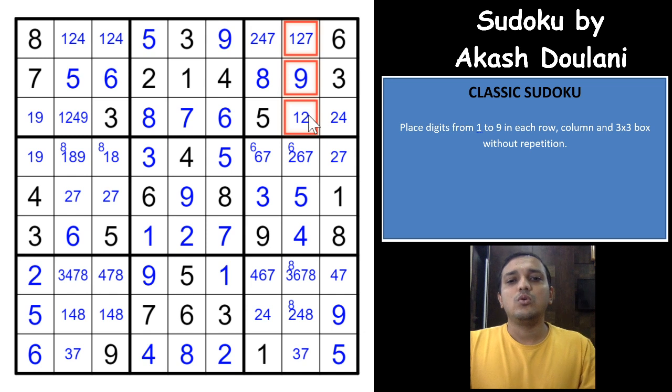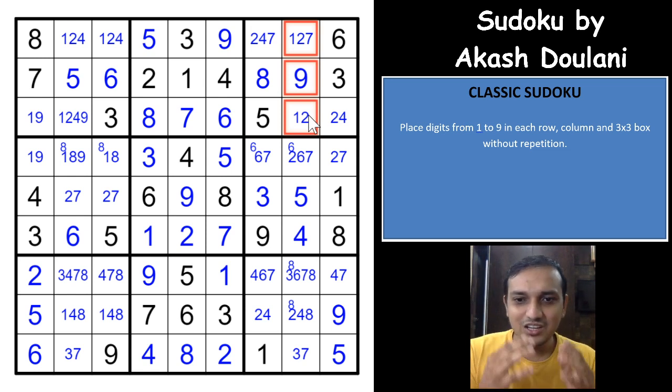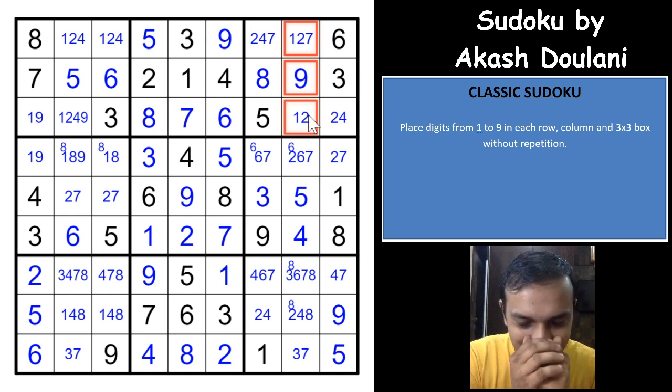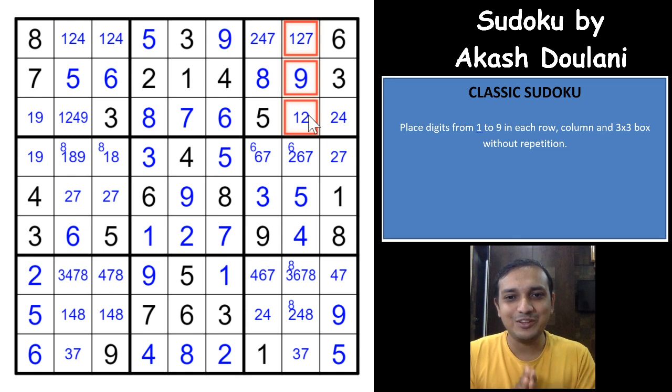Oh, that's actually a WXYZ wing, but I actually love this idea as an extension of Y wing. Wow, this is called an extension of Y wing, XY wing, or a WXYZ wing. So how this works is excellent, excellent. I am loving it. I am loving this Sudoku, guys.